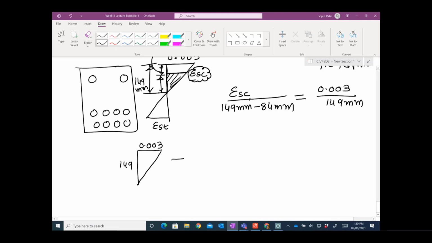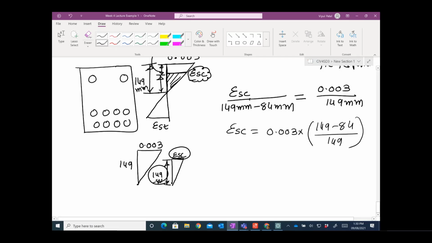And there is one more little one which has the same angle, but this distance is 149 take away 84, and that is ESC. So this divided by this, the first one, equals this divided by this. So if I want to calculate ESC, in that case 0.003 times (149 take away 84) over 149, you will get